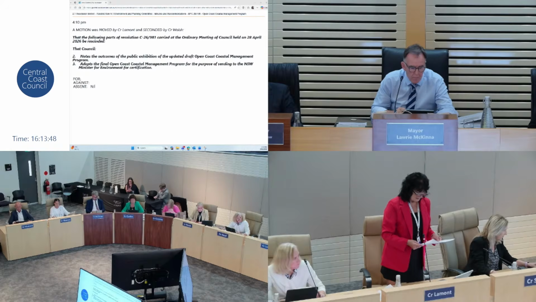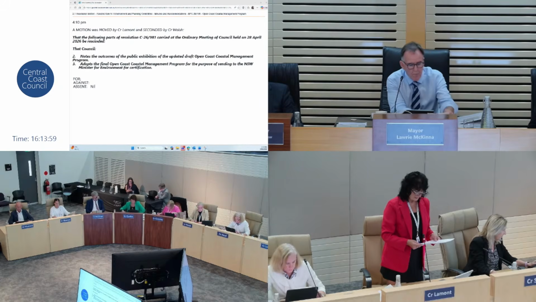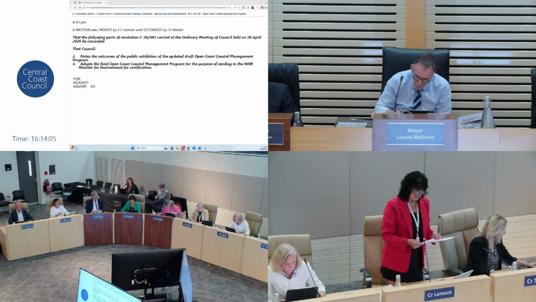At the same time, the CMP proposes embedding engineering design requirements in the DCP. The existing DCP already enables risky development on sand dunes and land that should not be built on, even breaching building lines. And now the CMP is proposing to enable and encourage more risk to protect the development that shouldn't be there in the first place.